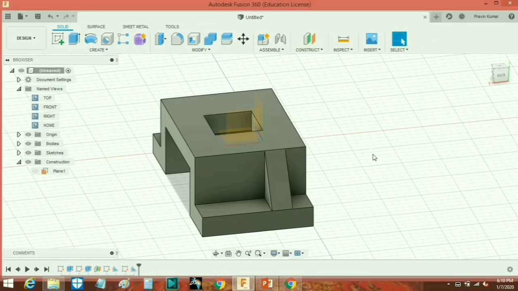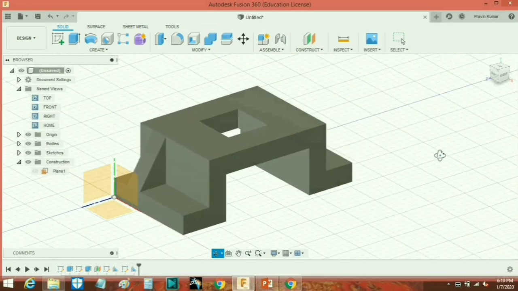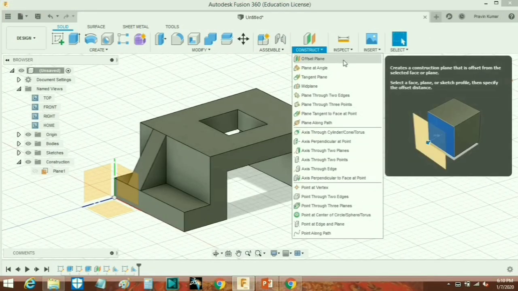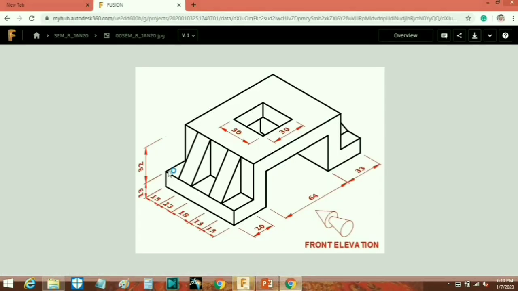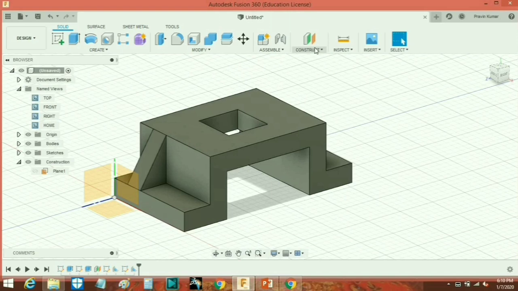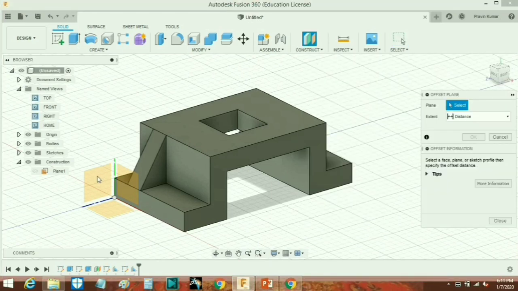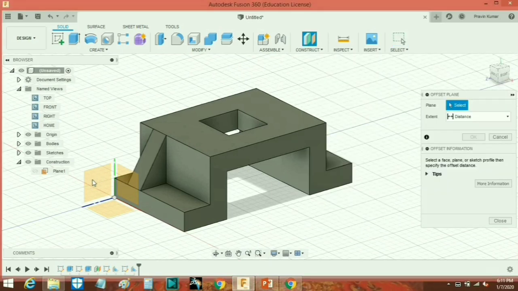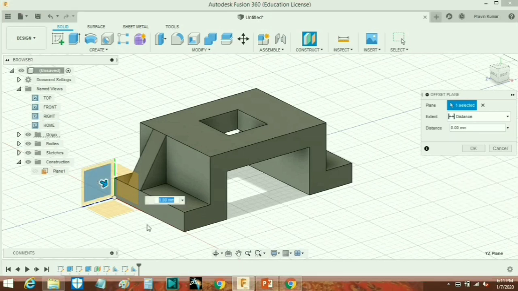Just make OK. Like this the 2 remaining ribs will create, and we'll just select this new offset plane. The value is 13 plus 13 plus 18. So again we'll go for offset plane. We'll take a reference plane, select this reference plane, enter the value 13 plus 13 plus 18,